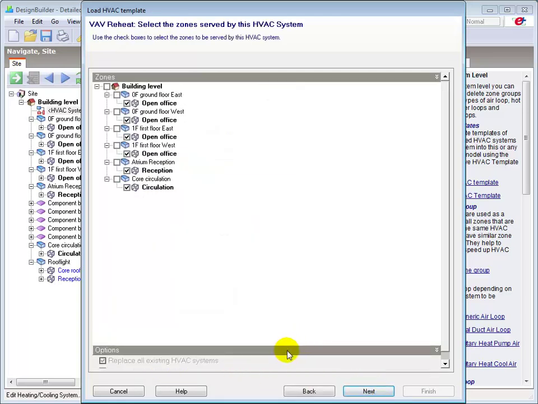Clicking Next takes me to the Zone Selection dialog. When we create a HVAC system, we need to be able to define which parts of our building will be served by that system. In Detailed HVAC, zones having the same HVAC equipment are grouped together to form zone groups. The zone group concept enables a simplified HVAC schematic representation, as only one set of HVAC equipment and connections need